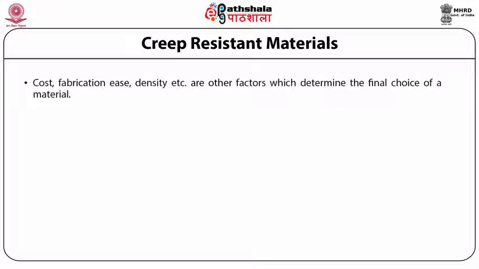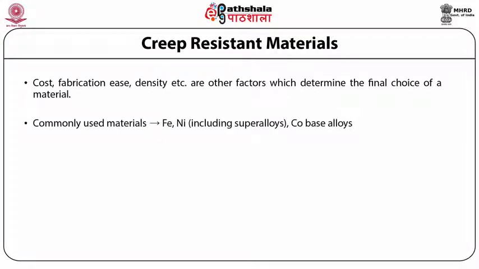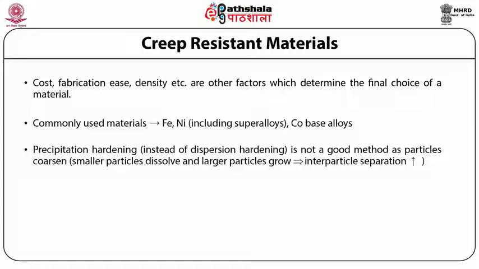Cost, fabrication ease, density, etc. are other factors which determine the final choice of a material. The commonly used materials are iron, nickel, including the superalloys, and the cobalt-based alloys. Precipitation hardening instead of dispersion hardening is not a good method because as particles coarsen, that is the smaller particles